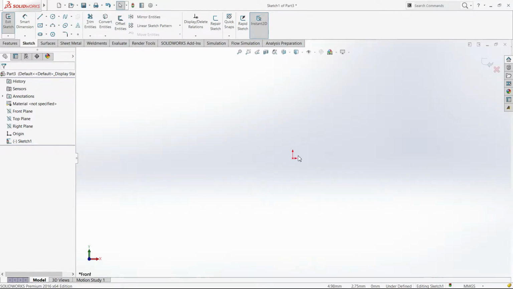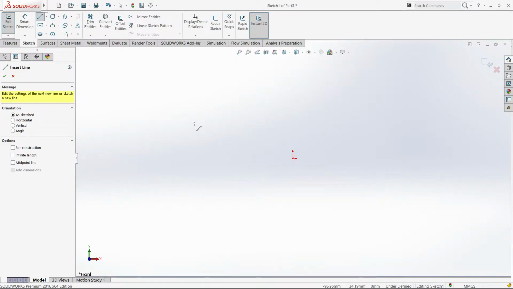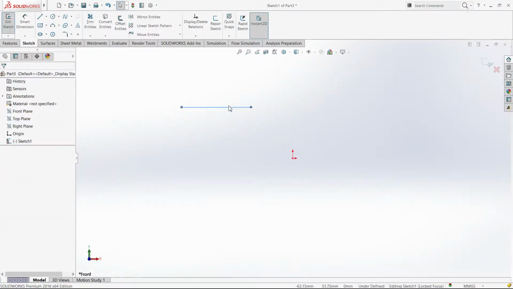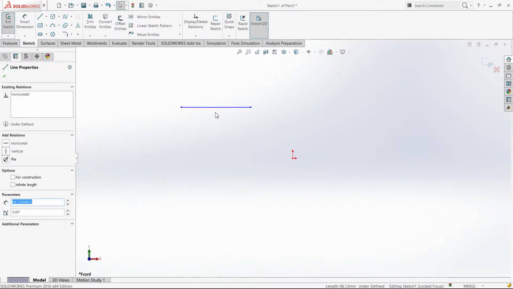So a sketch is basically the shape that you want to cut or extrude or create or revolve or whatever you want to do. So the sketch always changes depending on how you want to design. For example, if I make a line, if you go horizontally, you can see a horizontal line with a yellow background. If you click on that horizontal line, it's telling you that it has a